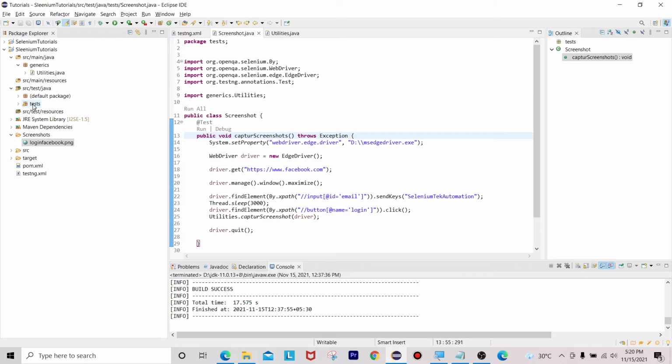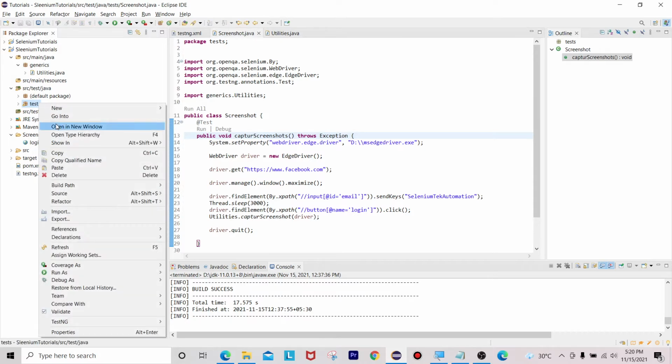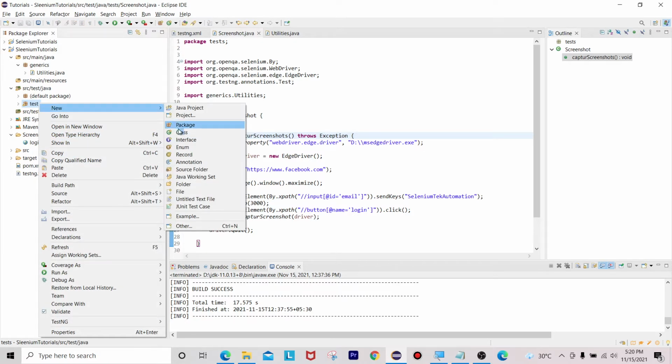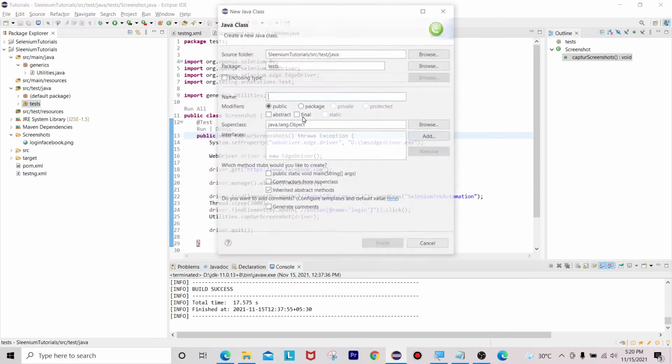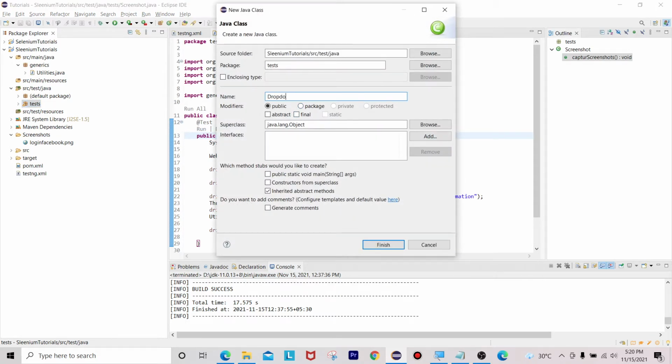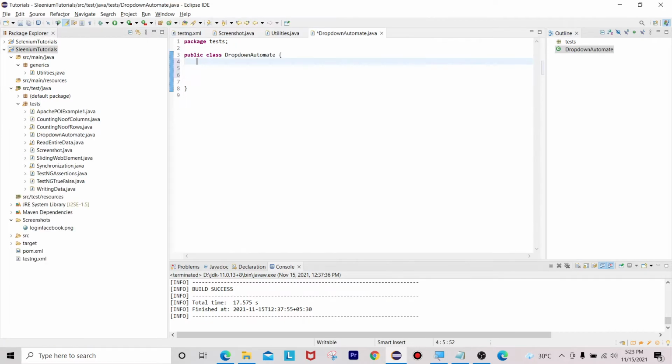For that, let me create a class called dropdown automate. Let me create one method here which is annotated with @Test. After creating this @Test annotation, I am going to